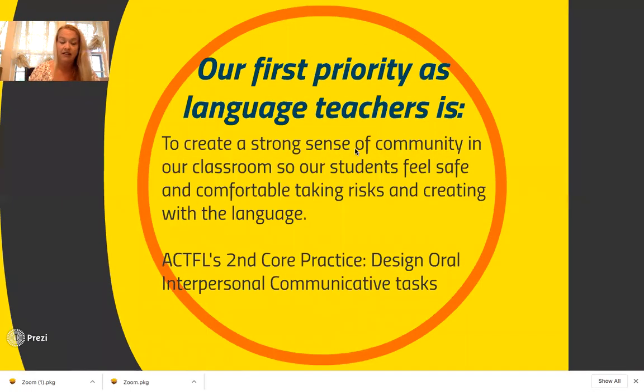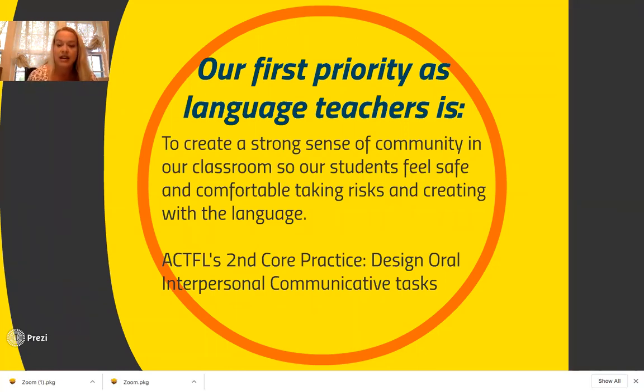So basically, the novels are the first priority as a teacher. Teaching 101 is to create a strong sense of community in your classroom. Doing a lot of personalizing with the kids, speaking to them, getting to know them. Spending the time learning their names the first day. It's just so important for them to feel safe and secure and comfortable taking risks and creating with the language